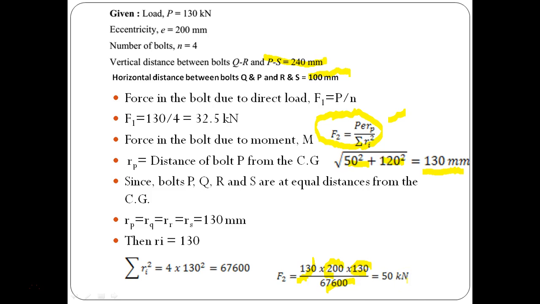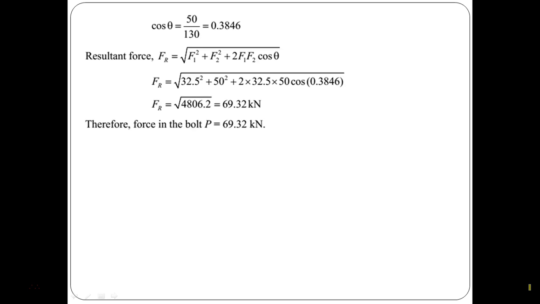So we have calculated the force in the bolt due to direct load as well as the force in the bolt due to moment. These two forces are required to calculate the particular force in the bolt. How to calculate that? That is the resultant force Fr. The formula to calculate it is the square root of F1 square plus F2 square plus twice F1 into F2